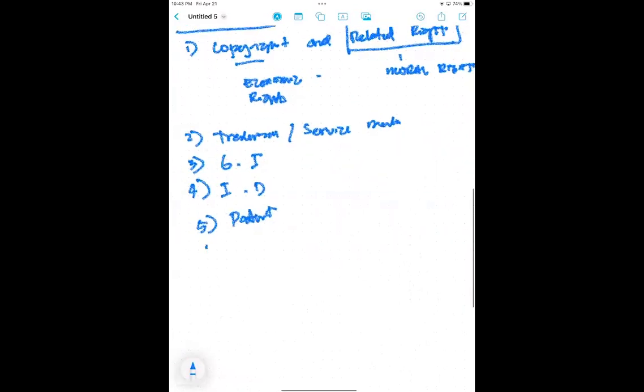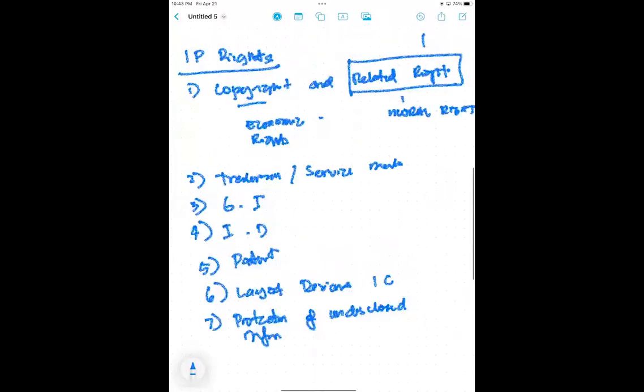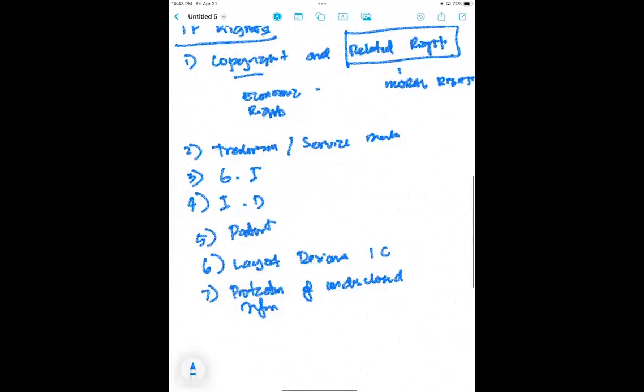And then sixth is layout designs of integrated circuits. So that's IC. And seven, protection of undisclosed information. So these seven consist of intellectual property rights, but mainly the topics in the bar exam would focus